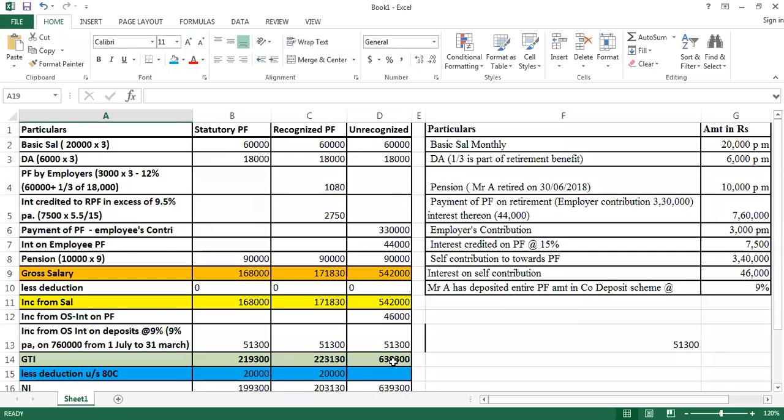Whatever problems are there, I will give you solved problems in a PDF so that you can refer to it. If I keep on solving it here, it becomes very difficult for me. Clear? I just need your cooperation in this. As far as any difficulty is concerned, I can definitely solve the problems here. But solving each and every problem and explaining it here is a bit difficult for me.